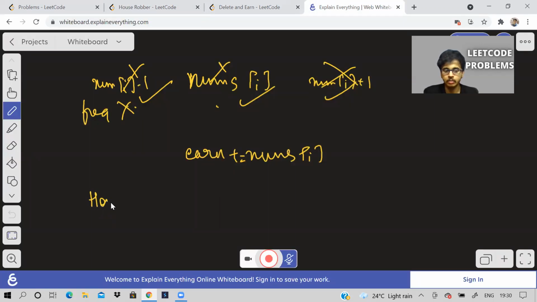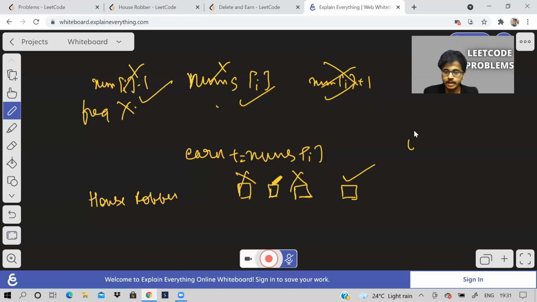This problem, house robber, is saying that if I have some number of houses, and each house has some money in it, if I choose this house, then I can't choose this or this. I can go only for this. So if I'm at house I, if I choose house I, then I can choose I plus 2, and I can't choose I plus 1.